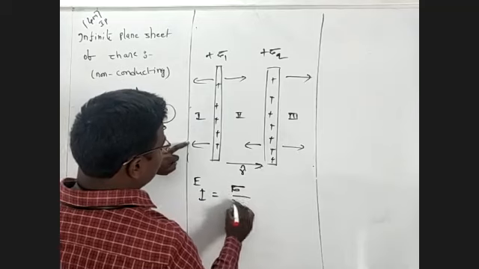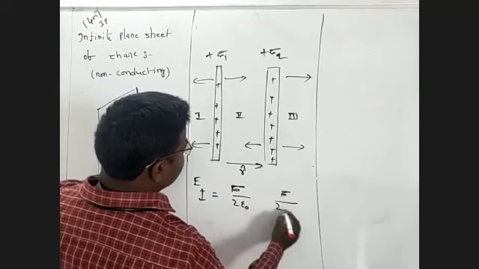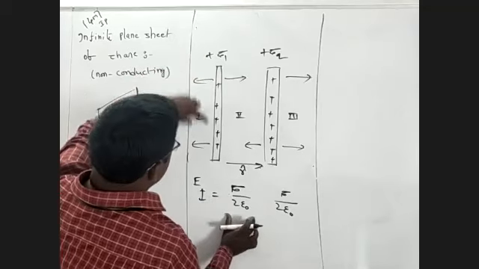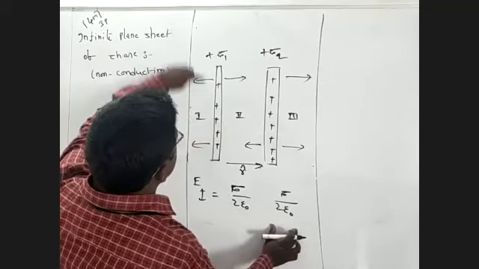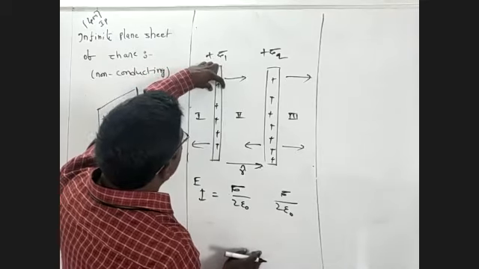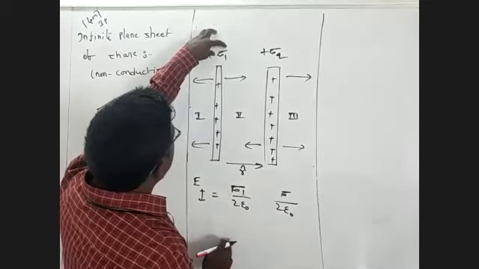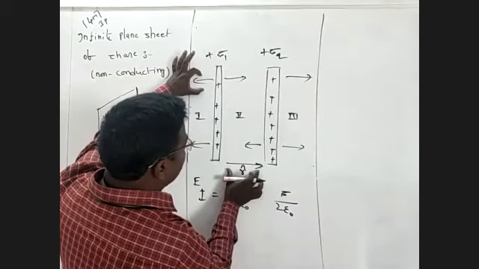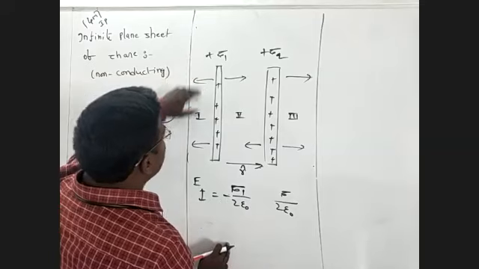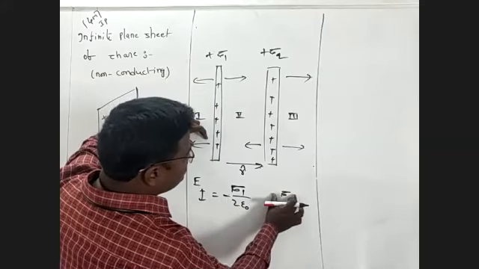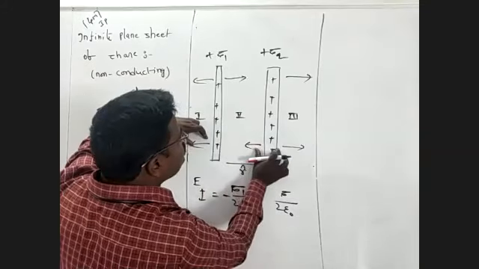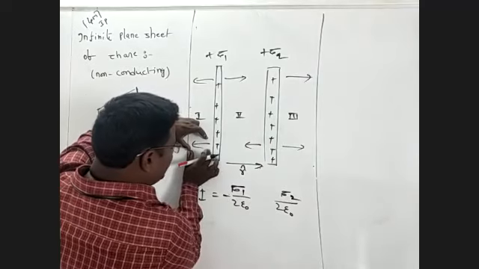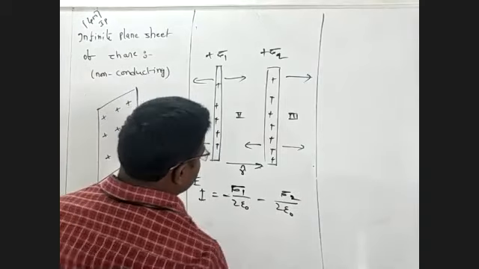This is sigma by 2 epsilon naught, the general formula. This electric field gives sigma by 2 epsilon naught. But this plane sheet having sigma 1, 2 epsilon naught is constant. The direction of E bar and the direction of R bar are both in the opposite direction, which means negative. This is E bar. E bar gives sigma by 2 epsilon naught. This arrow mark belongs to this plate, sigma 2. And this E bar and R bar are both in opposite directions, which means minus.